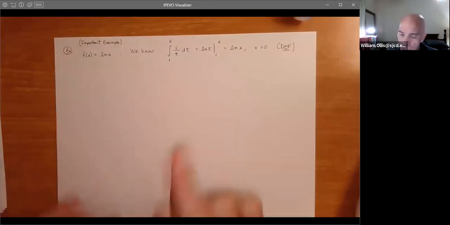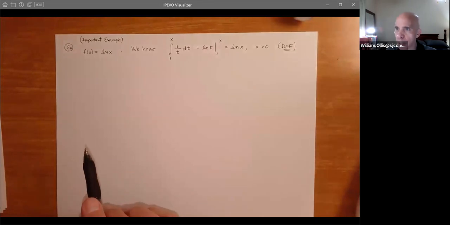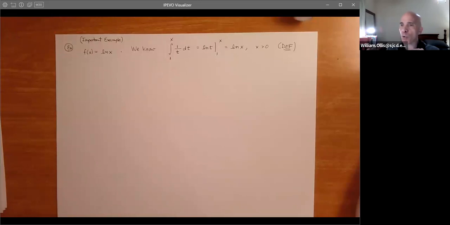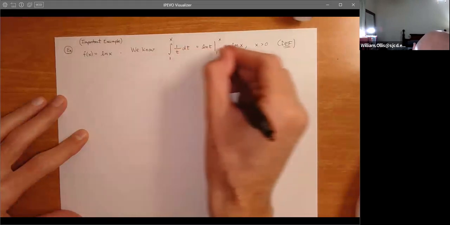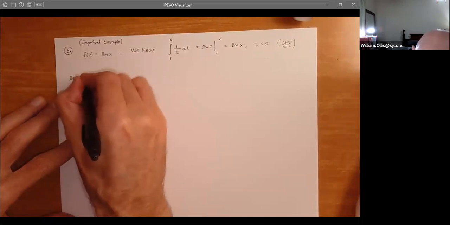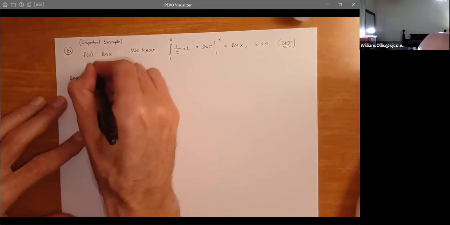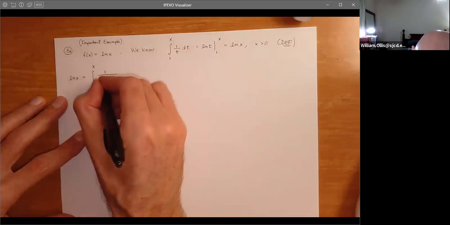Okay, so when we look at this, we're thinking geometric, 1 over t, geometric. All right, so we're going to do the same thing we did before. We're going to integrate term by term, and then boom, we have a power series for free. Okay, so this is a nice technique. So first, we'll say take what we know. This is where we have to start the problem. The natural log of x is now the integral 1 to x. Now 1 over t, of course, we got to rig it, don't we? Have to rig it. So we say t